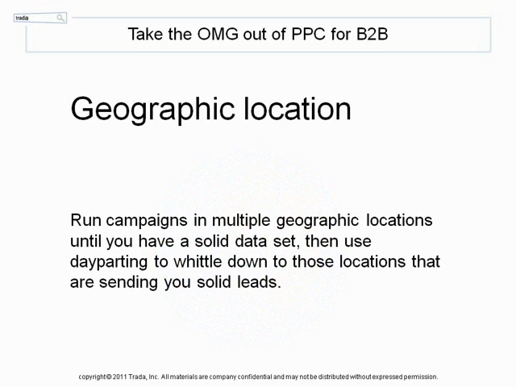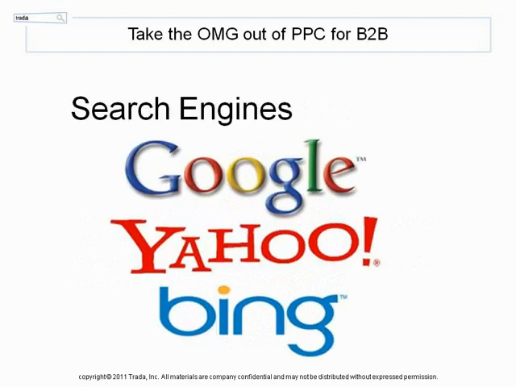So let's go to the next one, which is search engines. So this can be really interesting. Completely different types of people search on the different major search engines. We see this all the time. You might think that people only search on Google, because most of us only search on Google, right? But data shows that younger people, wealthy parents, different types of people are searching on Bing, and there are lots of reports that you can read online that say all the different demographics.